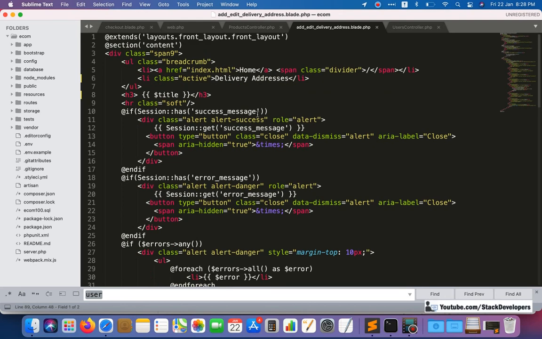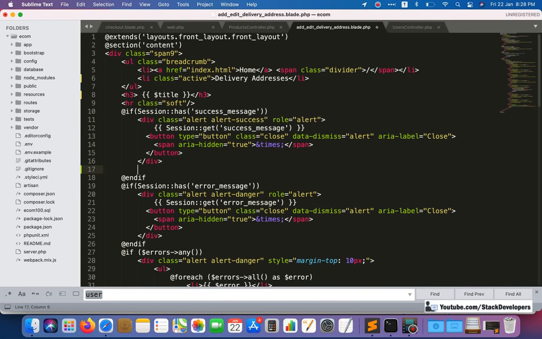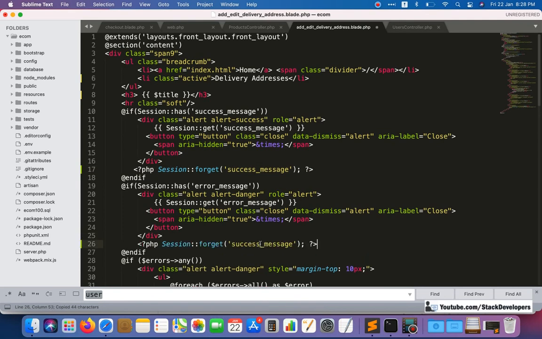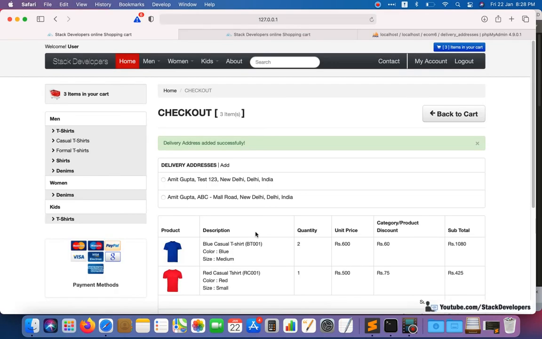So to resolve this one, we can do one thing. After session is done, we can add here one check. We can simply make the success message empty. Session forget success message, like this. Okay, so that it will clear, and same in case of error message. Everywhere you can do this option so that no issue will come, because once the message is shown, there is no use of that thing.